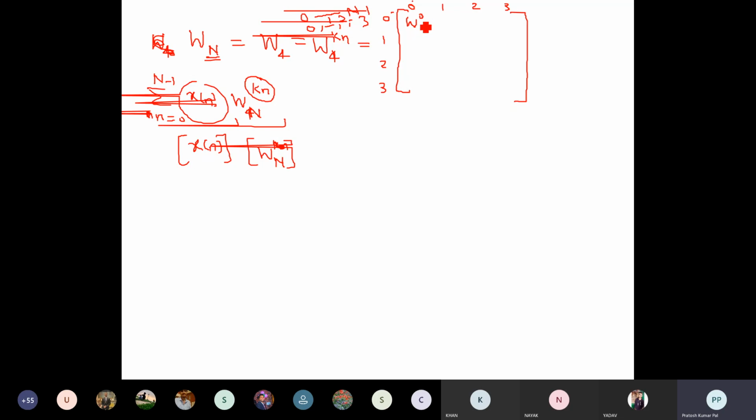Okay, so when k and n are 0, then W4 to the power k n will be W4 to the power 0. ठीक है, ये समझ में आया? जब k और n दोनों 0 होंगे तो W4 to the power k n will be W4 to the power 0. ठीक है, अगेन यहाँ पे भी W4 to the power k n. सो n 1 है लेकिन k 0 है, तो इसकी पावर क्या हो जाएगी? 0 हो जाएगी अगेन. ठीक है, ये समझ में आ रहा है? अगेन यहाँ पर रोज में कॉलम्स में n 0 है, सो इट विल बी अगेन 0 फॉर ऑल वैल्यूज.